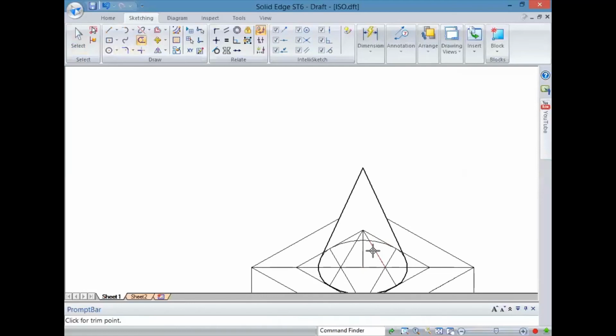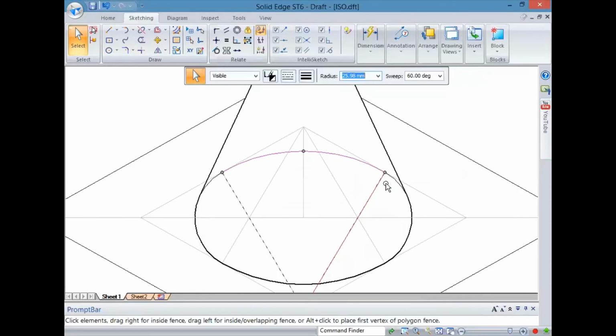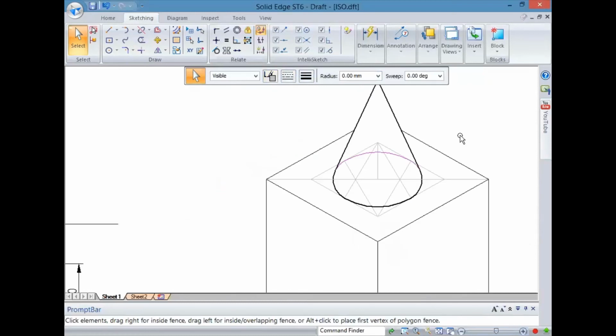We'll make the construction lines gray so that they're not seen. This line which is not visible, you can either make gray or delete it. Since we have this option here on the software, we'll make it gray.